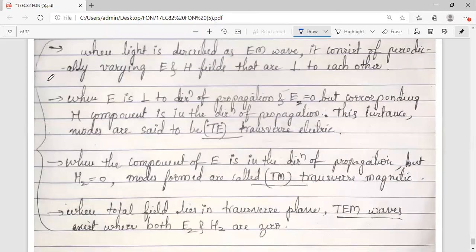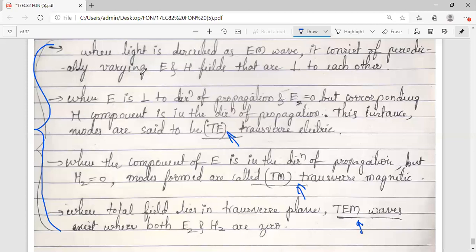And here I have given you the basics. Okay, what is TE, what is TM, and what is TEM waves. This is the general background which you might have studied even in electromagnetics and in the waveguides part. This was a very good quality study. So for these details, I'll be sharing a few slides in your groups. You can go through it. Okay. Hope you understood this part.